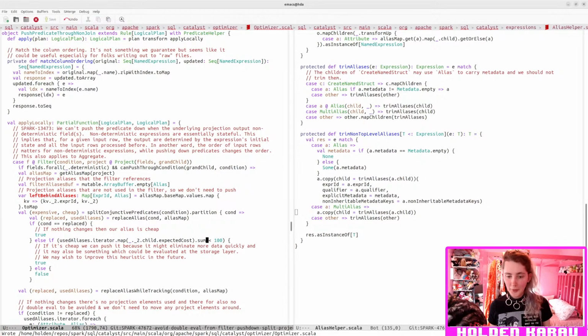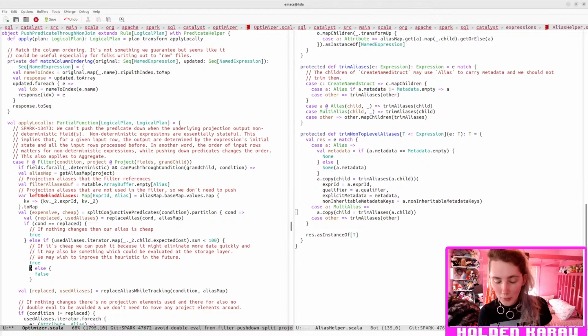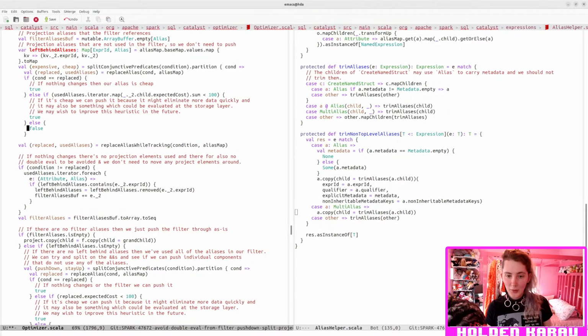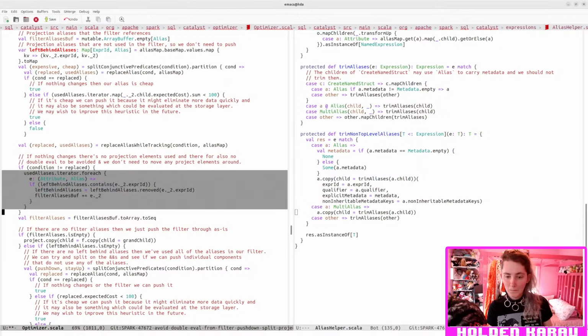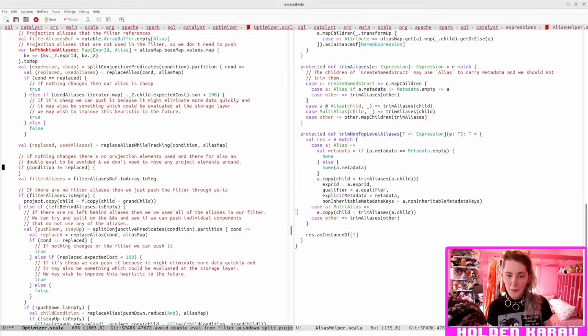Wish to improve this heuristic in the future. Okay, cool. That seems semi-accurate. And then if we use the aliases,